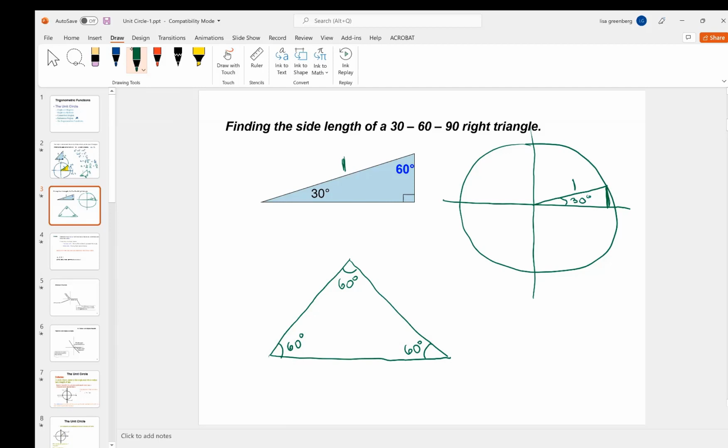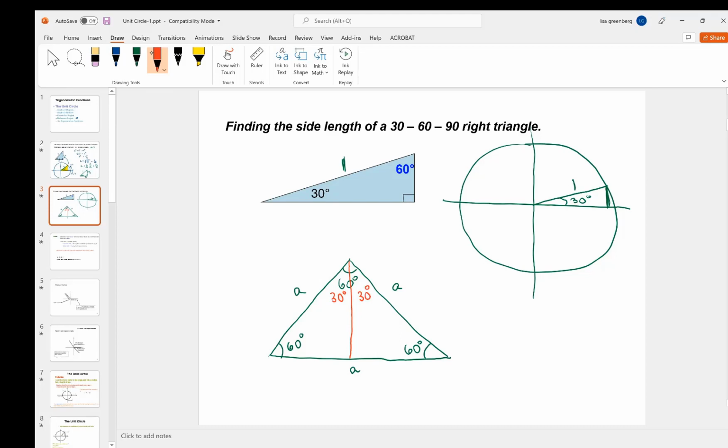And if it's an equilateral triangle and all the angles are the same, it means that the sides across from them are the same, right? So I can say, let's call these all A. It doesn't really matter. I want to find out something about a 30, 60, 90 triangle. So what I can do first is bisect that angle. I'm cutting it directly in half, which means this would be 30 degrees and this would be 30 degrees,